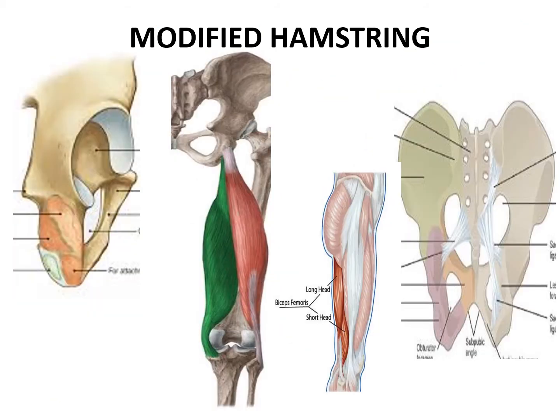Now we will discuss another modified hamstring muscle, which is the long head of biceps femoris. If you see here, this is the long head of the biceps femoris muscle. This is a hamstring. What kind of hamstring? Modified hamstring, because it doesn't strictly follow the rules of the hamstring. Let us see where it doesn't follow the rules.